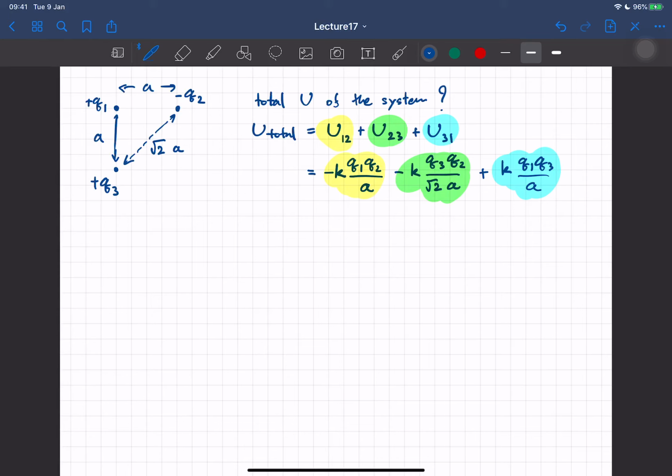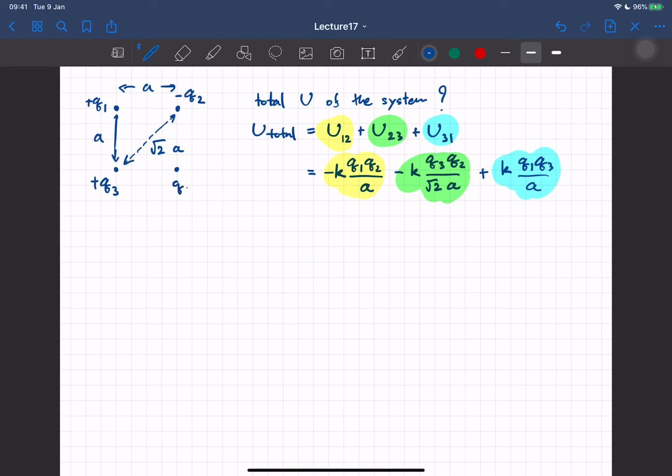Right. So you just add them up like this, which is very, very convenient because it's all scalar, so you can just add them up. Now if you have the fourth charge,